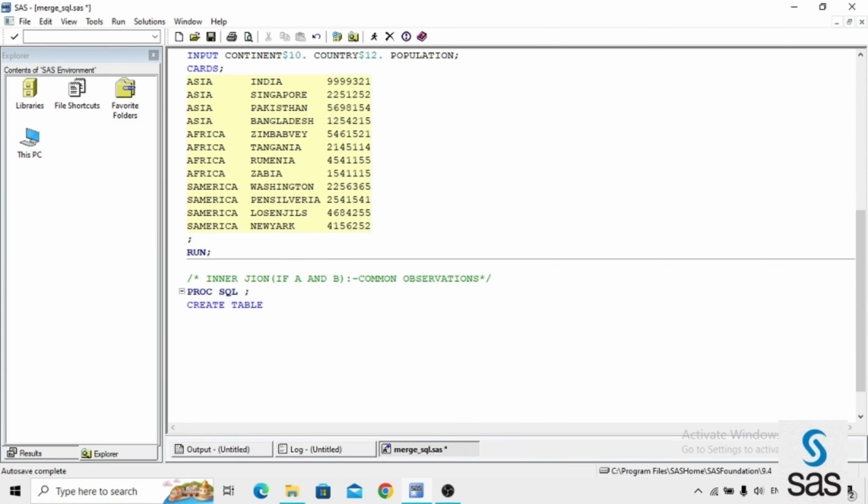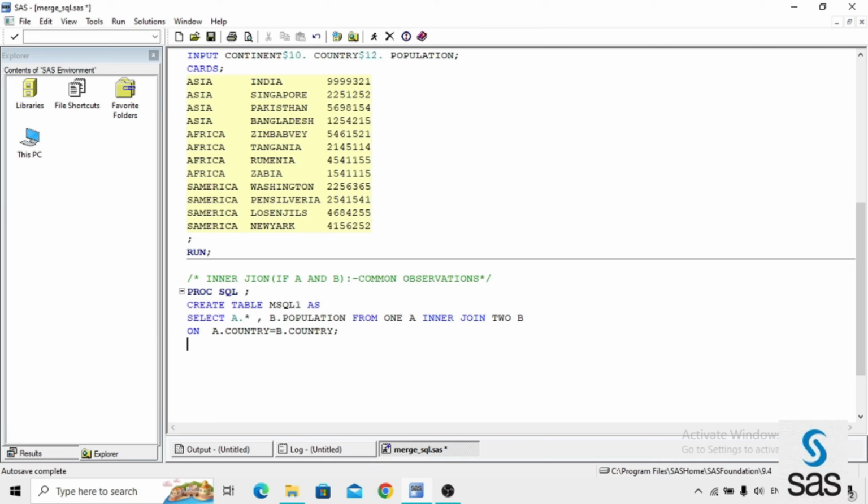Proc SQL, create table MSQL1 as. You already know how to write a proc SQL code. Select A dot star from A, I'm getting all the observations. From B, I'm adding population. From 1 as A inner join 2 as B, just like in equals to A and in equals to B. On A dot country equals to B dot country.